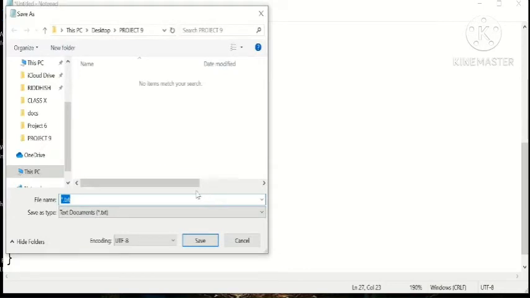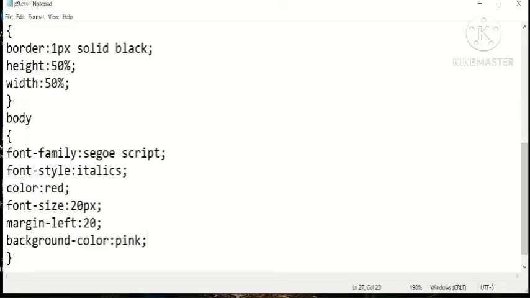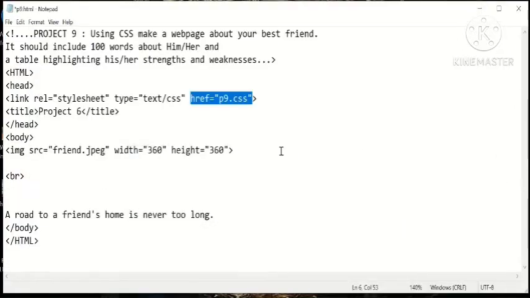Finally, we save this as p9.css file, which will be used for p9.html as we have given the hyperlink reference.